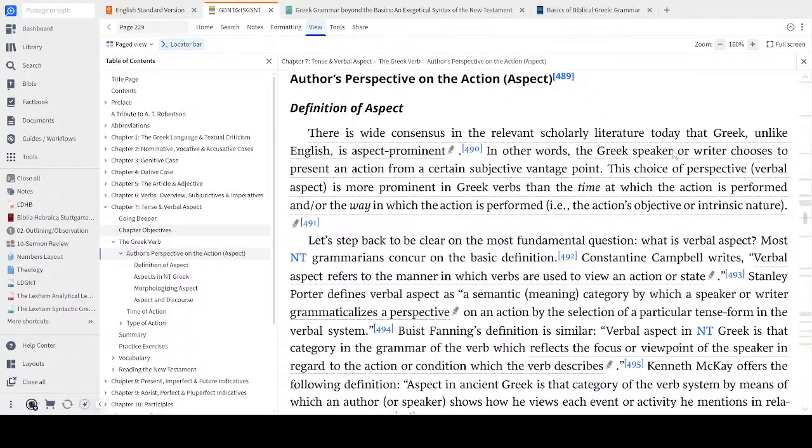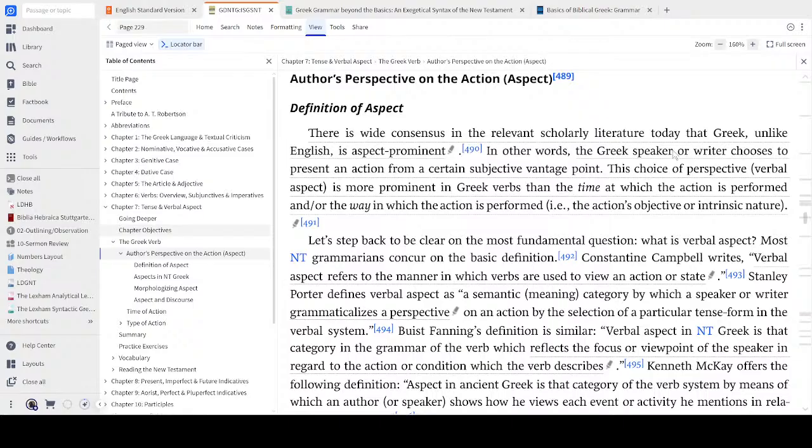He says that on the definition of aspect, there is wide consensus in the relevant scholarly literature today that Greek, unlike English, is aspect prominent. So aspect is the most important. In other words, the Greek speaker or writer chooses to present an action from a certain subjective vantage point. This choice of perspective, verbal aspect, is more prominent in Greek verbs than the time at which the action is performed and the way in which the action is performed, i.e. the action's